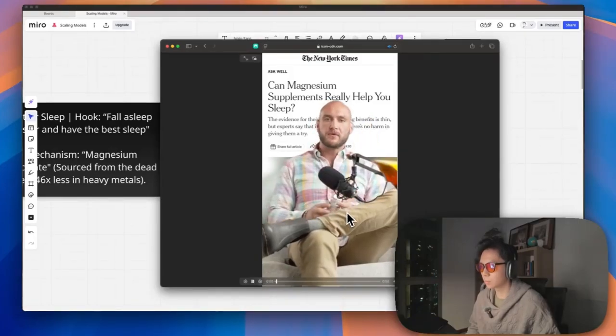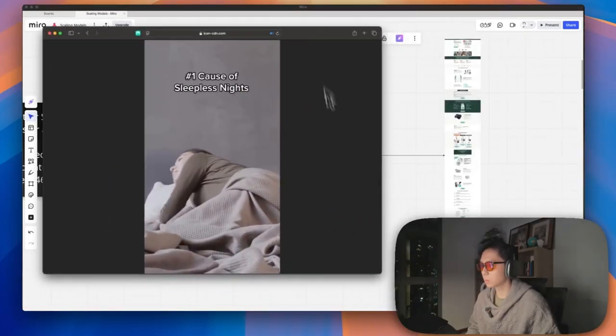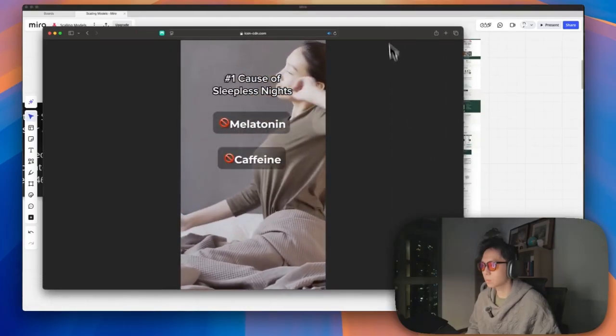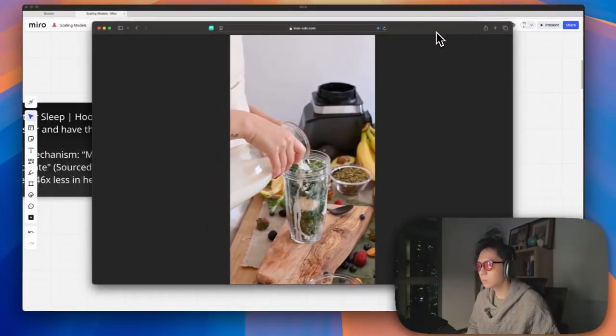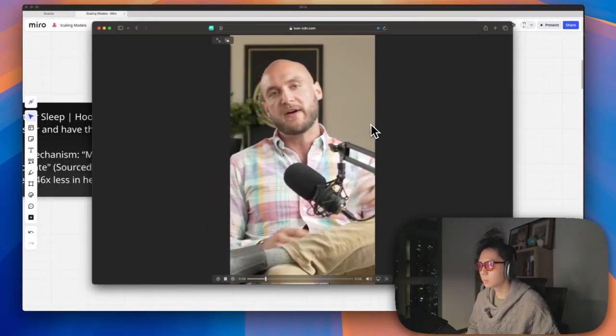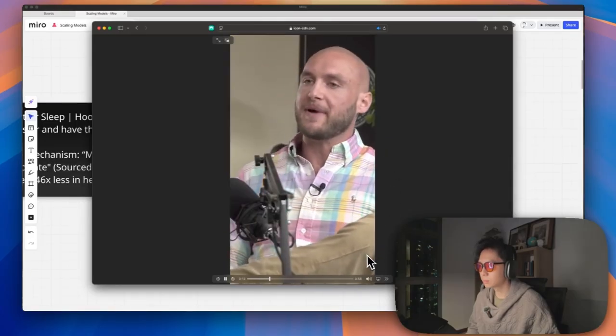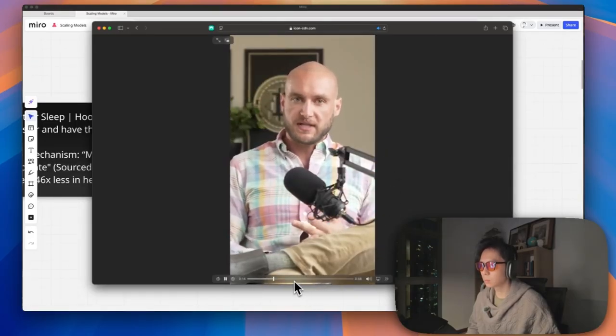Take this vital mineral to support amazing sleep this week. The number one cause of sleepless nights isn't melatonin, caffeine, or your mattress, but the body's magnesium levels declining with age. I'm Daniel, the founder of Organics Ocean, and magnesium is a mineral that can help with not only sleep, but stress and muscle cramping.